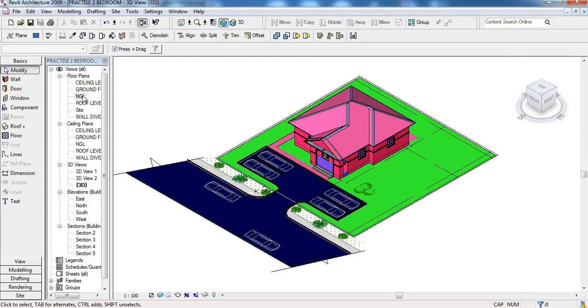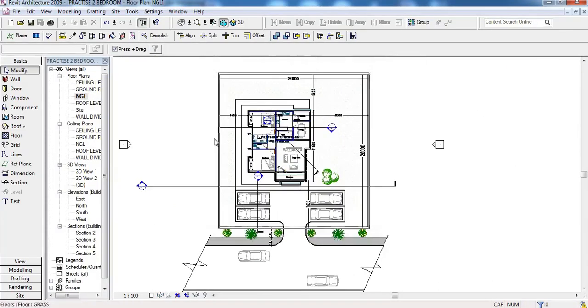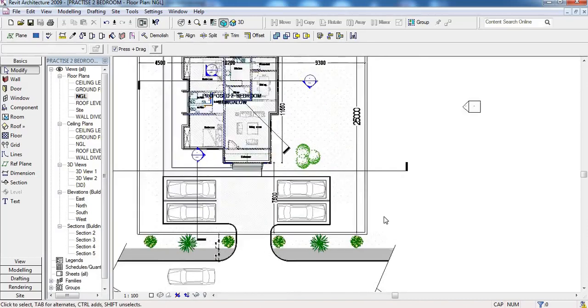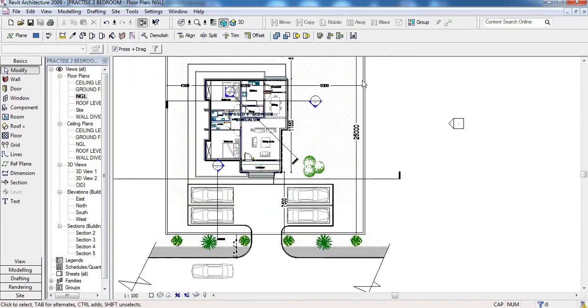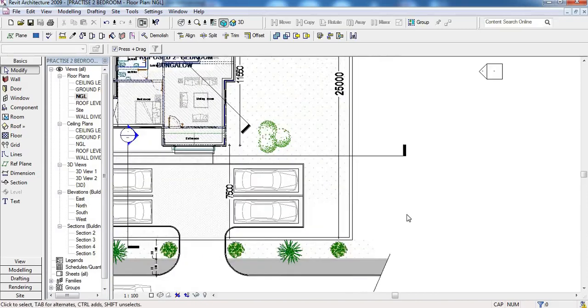So let's go back to our floor plans NGL so that we see where our site outline is. You can see the site outline here. So we are going to begin with the fence around it first of all before we deal with the fence in front. Of course, you know that the fence in front is different from the fence around the property. So let's begin. What we need to do in this training for the fence is to go back to